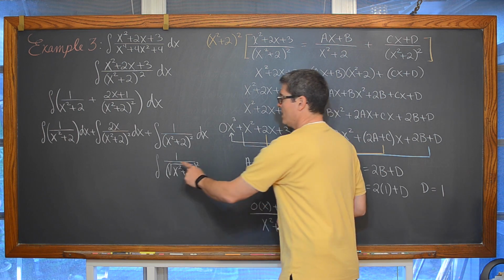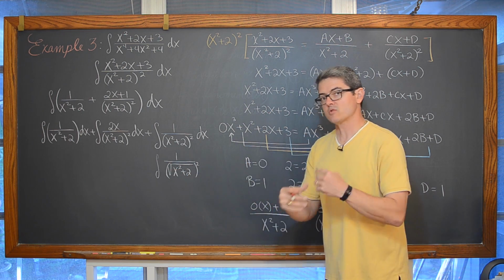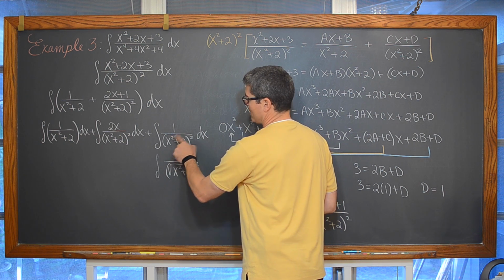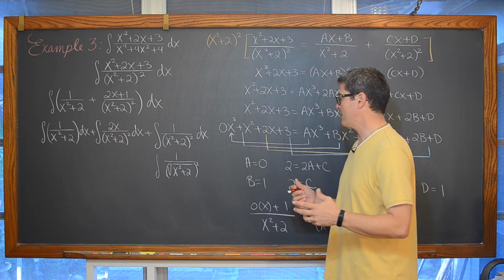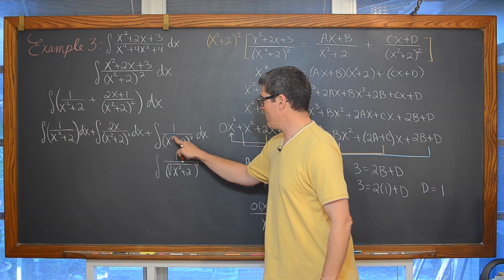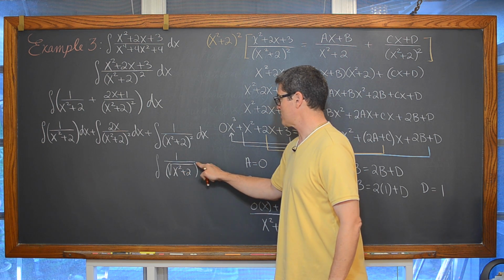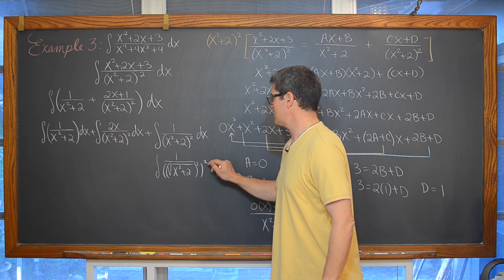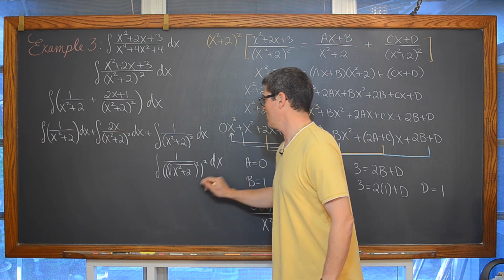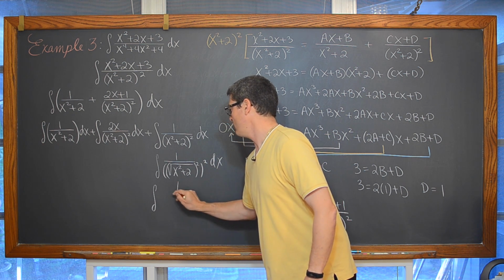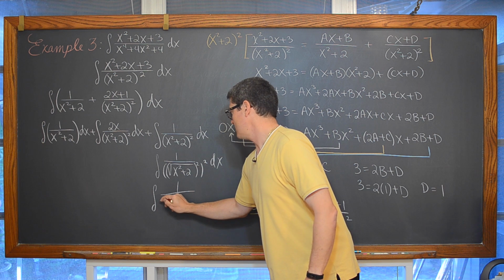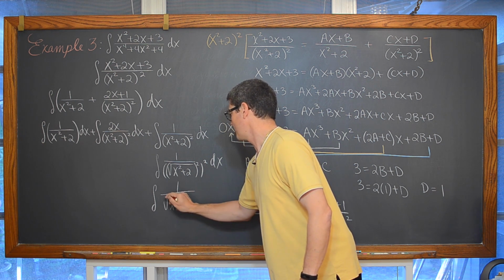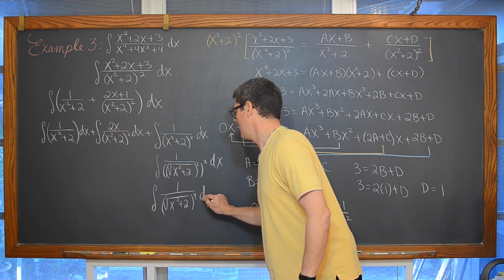squared. Now, a square root and a square together acts as an absolute value function, but x squared plus 2 is going to be a positive value anyway, so we don't have any issues there. So rewriting this as the square root of x squared plus 2 squared, and then having that also to a power of 2, means that we have the indefinite integral of 1 over the square root of x squared plus 2 raised to the 4th power dx.